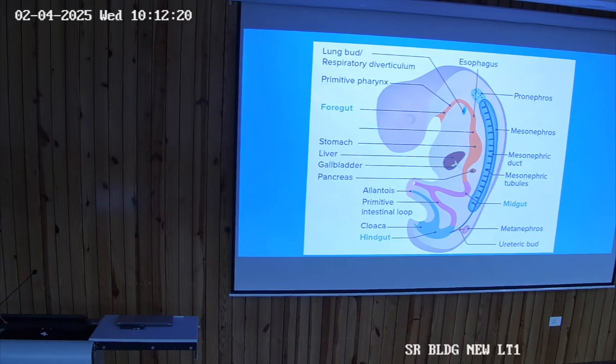This is the cloaca. Cloaca is a part of the hindgut. This dilated part of the hindgut, where the allantois joins the hindgut, this part is the cloaca. Okay. So this mesonephric duct, you can see this line at the back, while in front you see a staircase pattern. At the back there is this line. This line is the mesonephric duct. It is going to open into the cloaca, and here there are these cells which are going to form